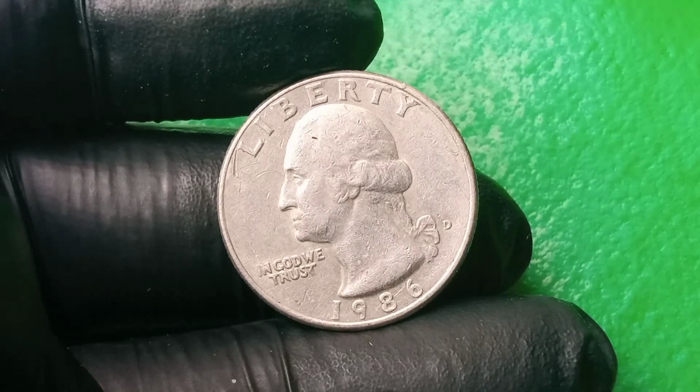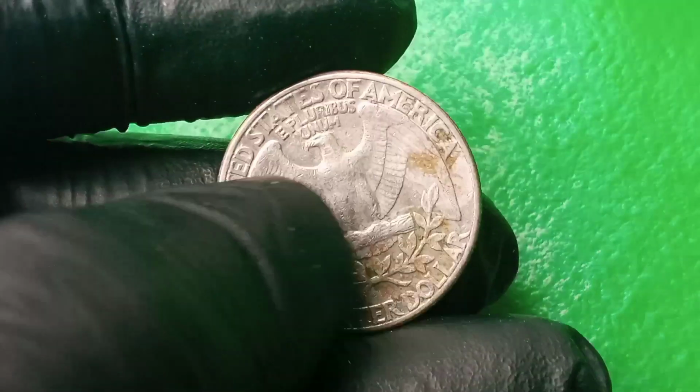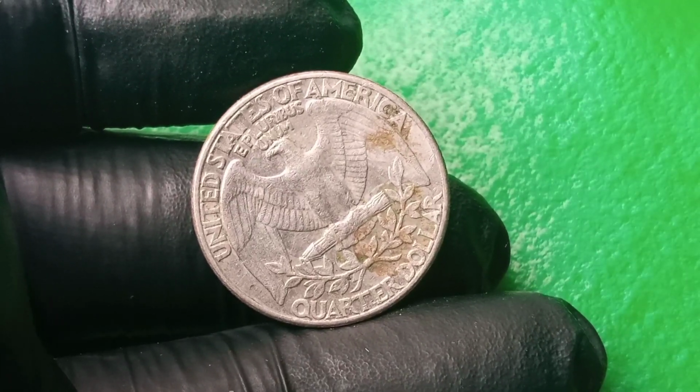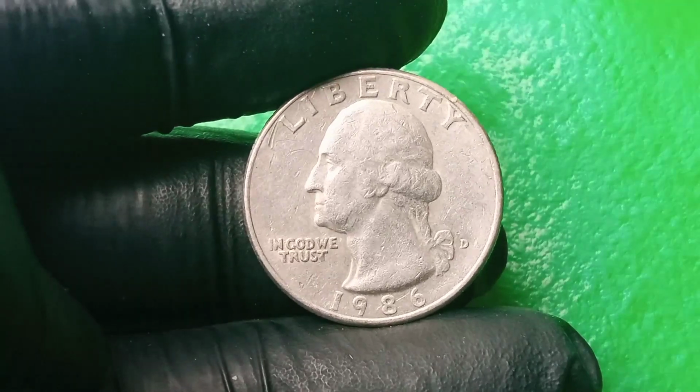And the influence of such a legend on the numismatic market cannot be overstated. Because when even the rumor of a $153 million coin exists, it breathes life into an entire industry of treasure hunting, drives up the value of related coins, and inspires a new generation of collectors to pay closer attention to